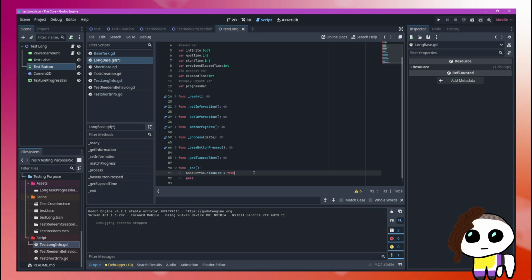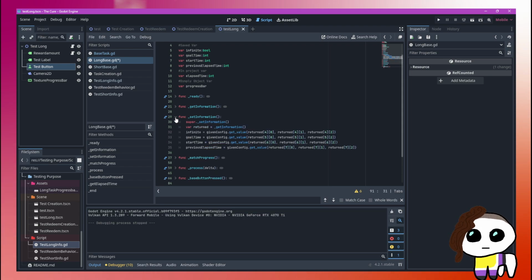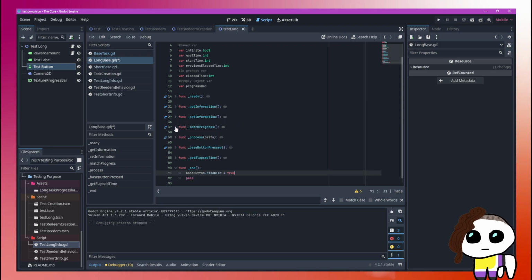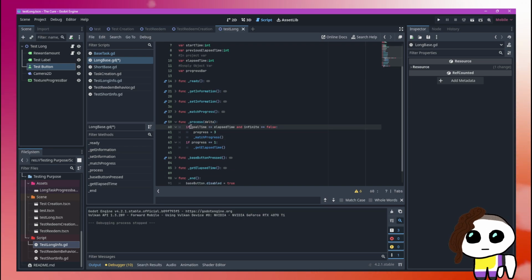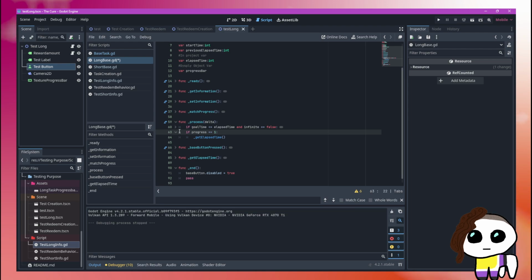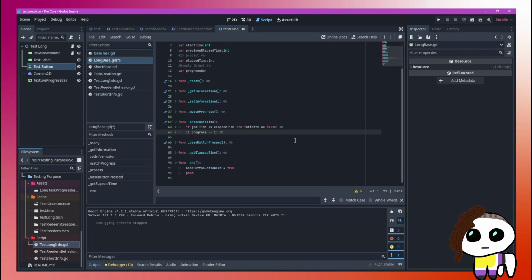When it ends, I also need to make sure that infinite task works. So when it processes, if it's 1, it does this. It should never go to 2. It should never go to 3, because infinite task and infinite task fall. So if it's true, this will never happen. So it will just keep going. My issue, however, is that I don't have a way of